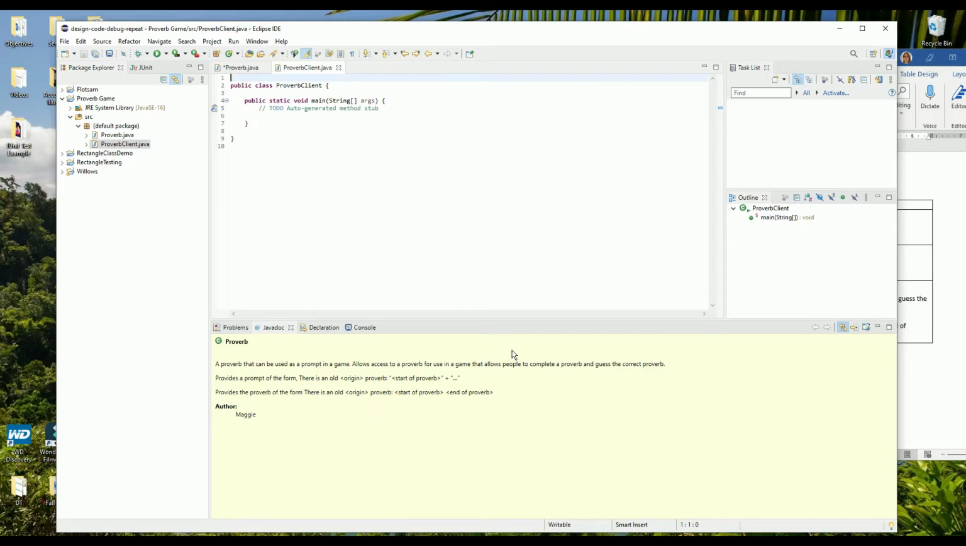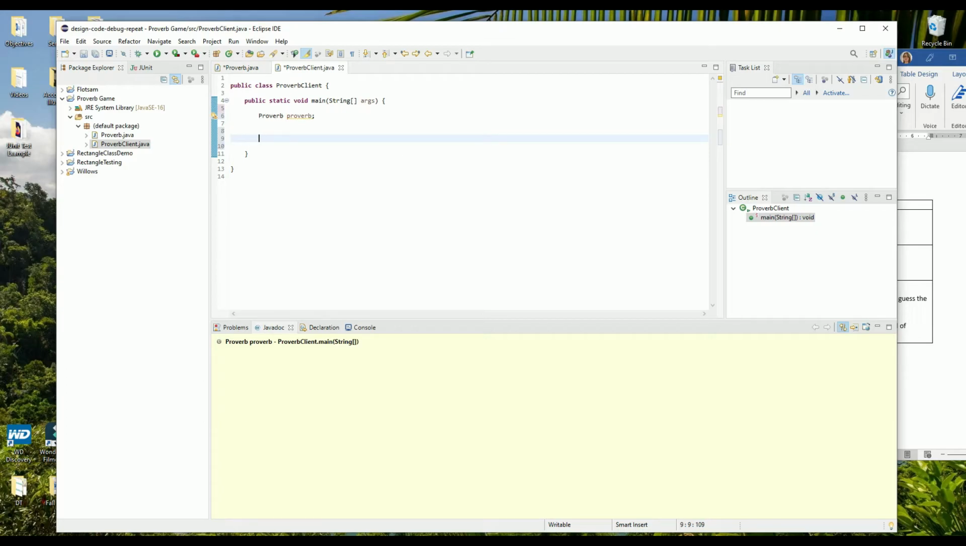So let me first declare a proverb object, and I'll call it proverb. And now I'll need some proverb text to initialize that with. I'll use the Klingon proverb that I gave as an example. So proverb equals new Proverb,